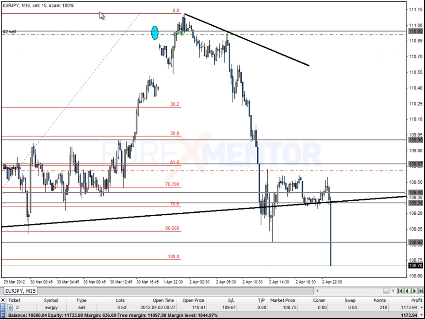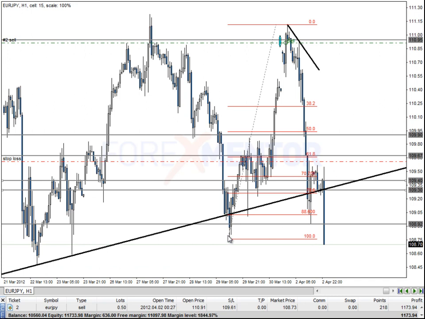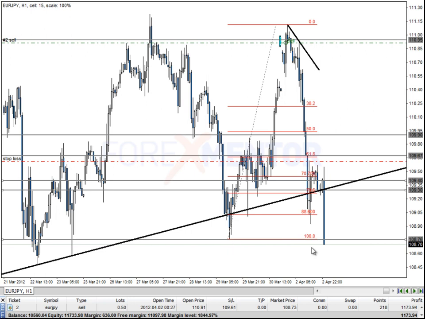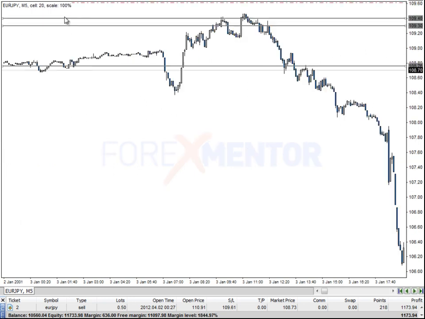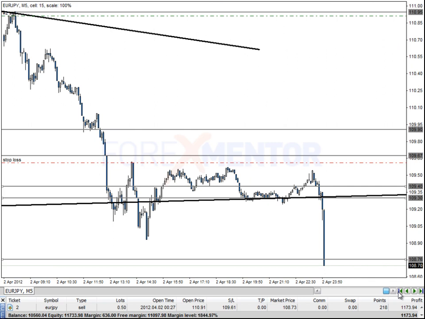Okay, let's just have a look at that hourly chart. We're now running in at these areas here, and see this level down here. I want to watch this very, very closely. If we start moving back above this area, I want to be out of there. Okay, so there's your spike up,